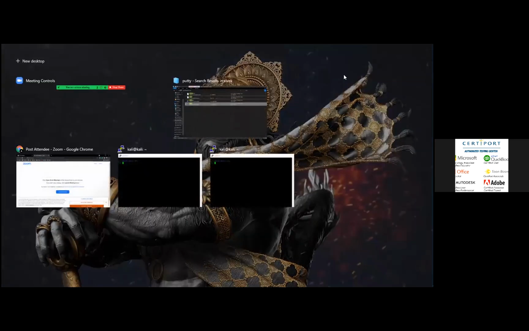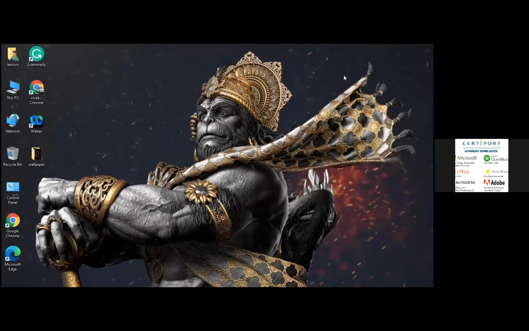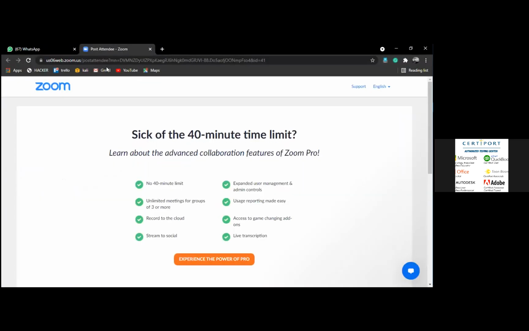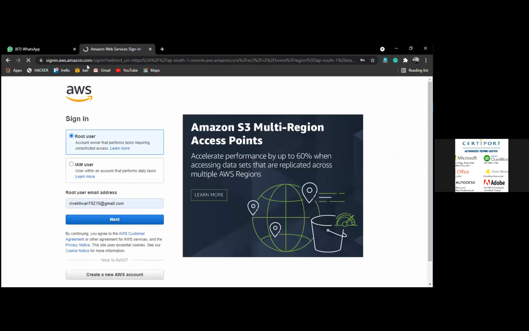Log into console.aws.amazon.com from a browser. Just log into your account.